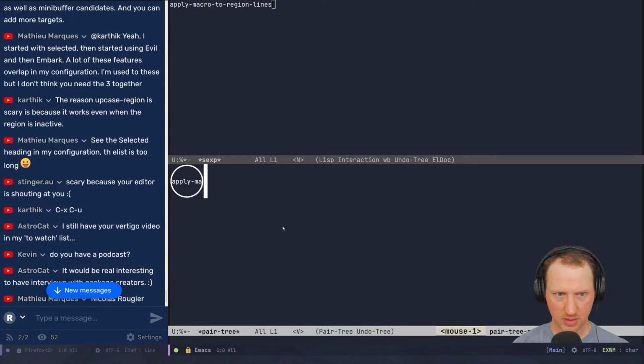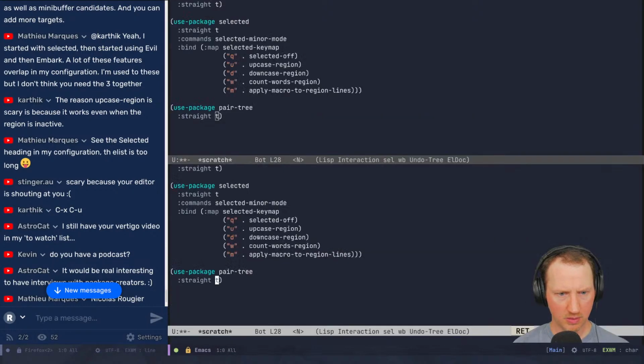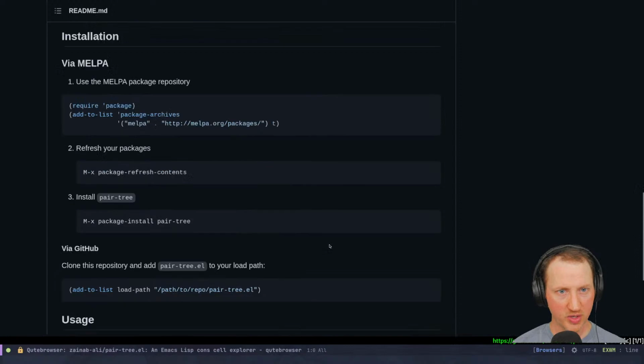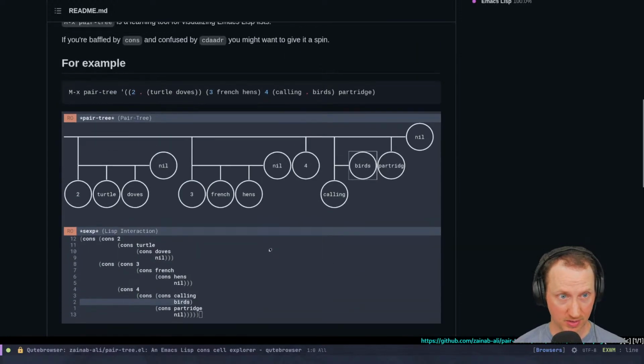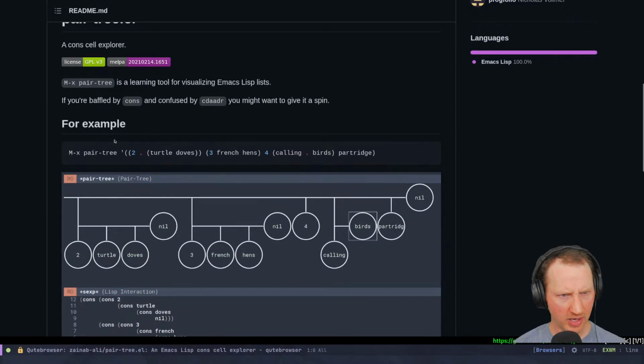What? Well, that didn't do what I expected it to do. Why is it in visual mode? Kill, kill. All right, so let me try that one more time. I don't know why I didn't like that. What is it expecting? Oh, it literally wants to see cons pairs. Ah, okay. We'll try this.